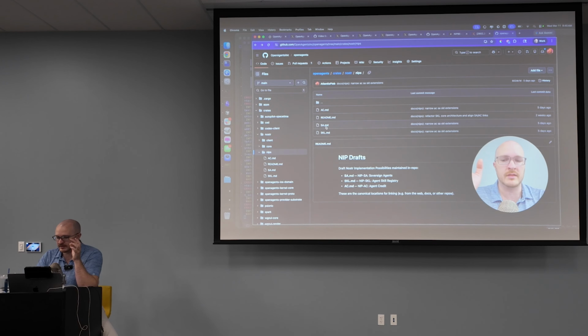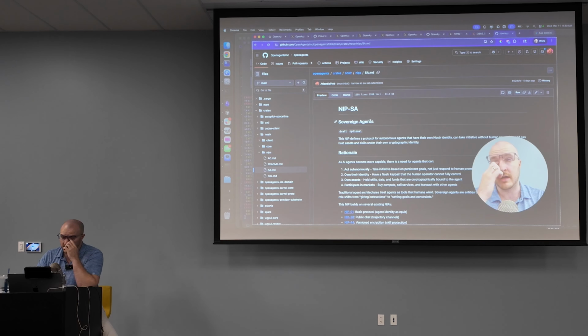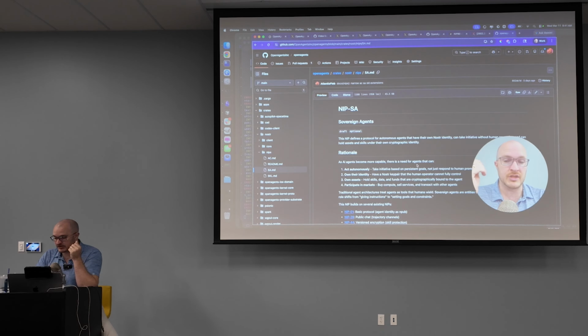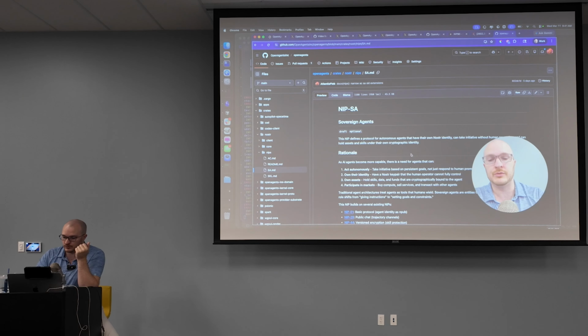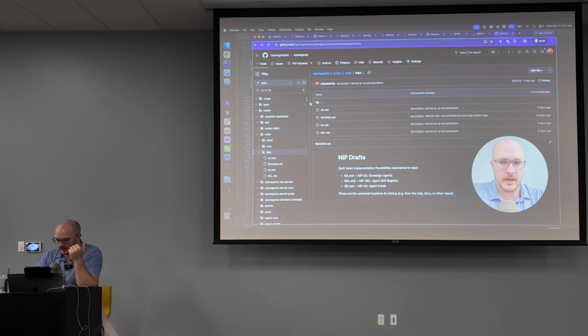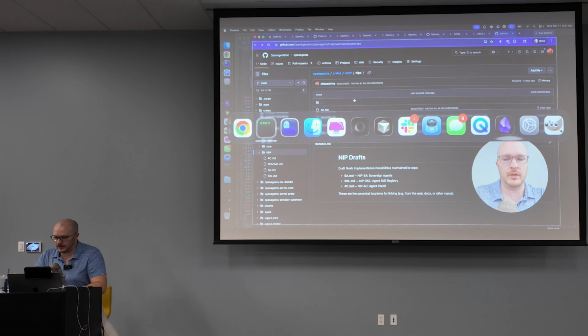I wrote this one, sovereign agents. This is a combination of a few other NIPs, but basically enabling agents to hold their own keys. We haven't fully implemented this yet, but by using the FROST protocol, we can split up a Nostr private key across a number of different Nostr relays, so the agent can basically have its own balance without the user being able to withdraw it. And then agent credit, just the first of many Bitcoin-based financial primitives we think these agents should do. Anyway, there are so many different ways that we can extend this,